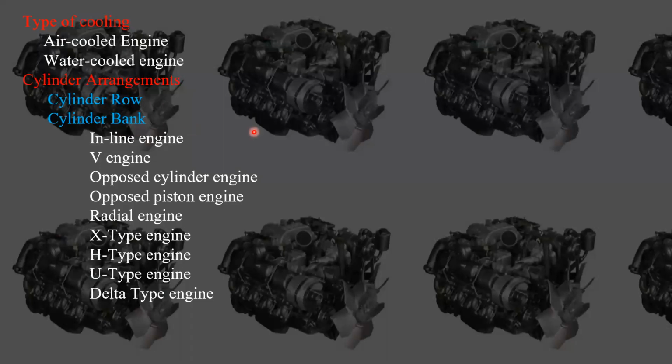That means the center lines of the cylinders are parallel with the center lines of the crankshaft. Simply note that if the center lines of cylinders and crankshafts are perpendicular, it is a cylinder row, and cylinder bank means those two are parallel, the center lines of cylinders and center